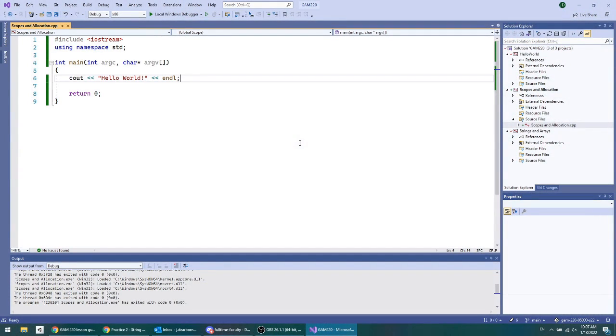Hey, in this video we'll be talking about the lifetime and scope and allocation of variables. So we'll be talking a little bit about memory, how you reference these variables, and when they can be referenced and when they're gone forever. So in Visual Studio, I'm starting off with just a Hello World program, and what I want to do is